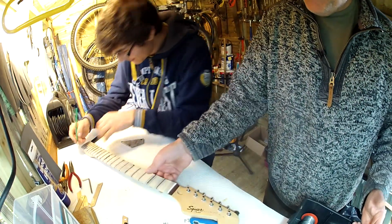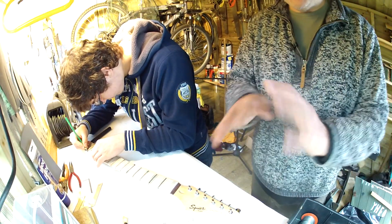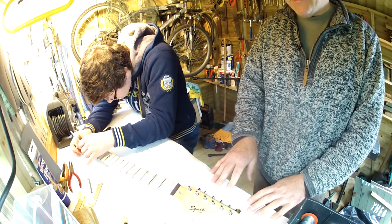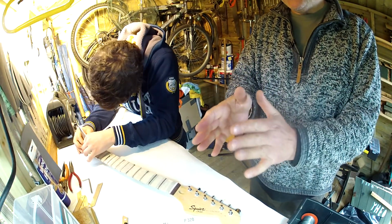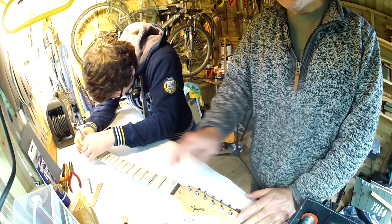Oh, right. Yeah, then we'll do the crowning or profiling the frets. Once we've done that, we'll have frets with the high bits taken down. They'll be roughly the right shape profile, so that we can then start to use various grades of sandpaper over the top of this masking tape